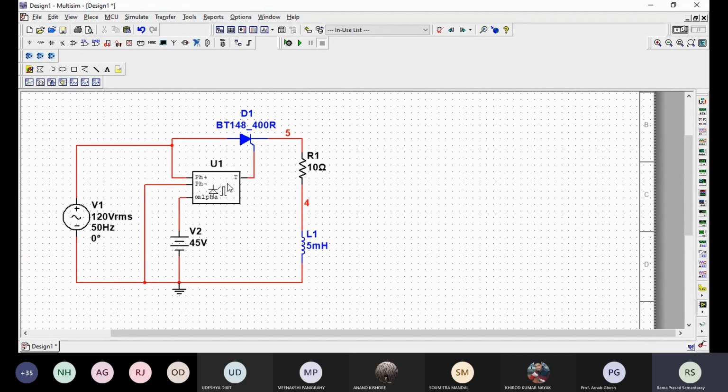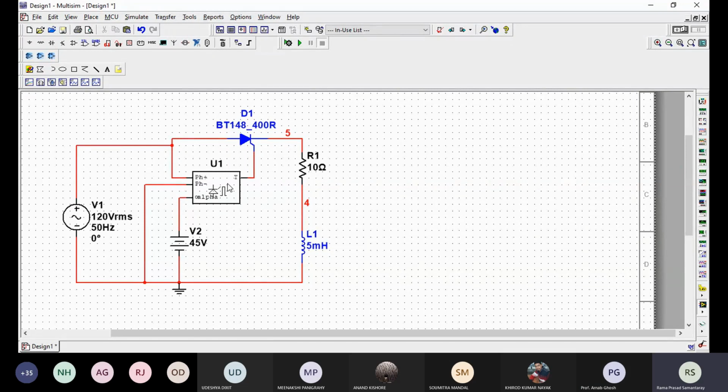You have to choose the appropriate thyristor. Whatever the components, whatever the circuit is your independence. Nobody will interfere with your circuit, and as per your circuit, your waveform should depend. So your waveform is depending on the circuit. Then after that you have to write the theory. What theory you know about that particular experiment.